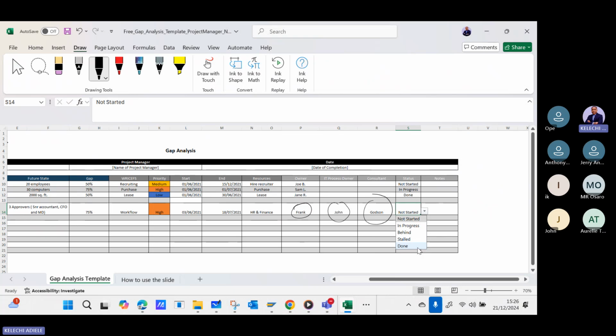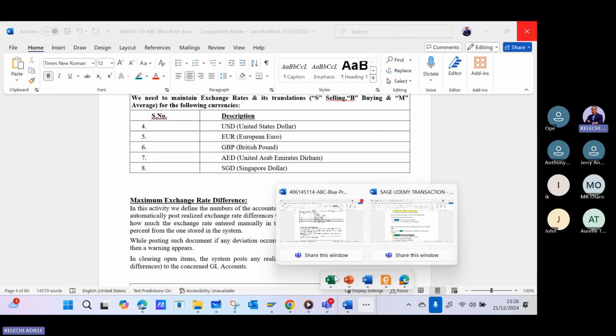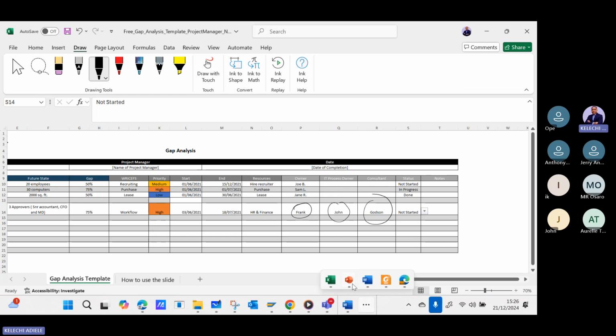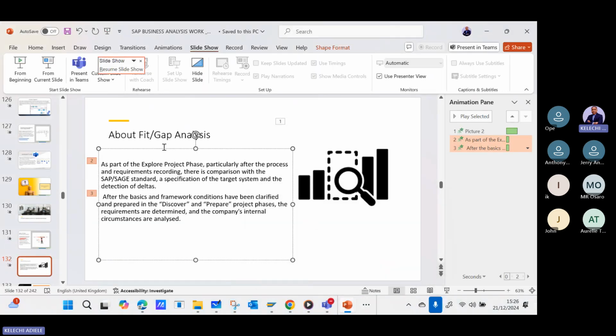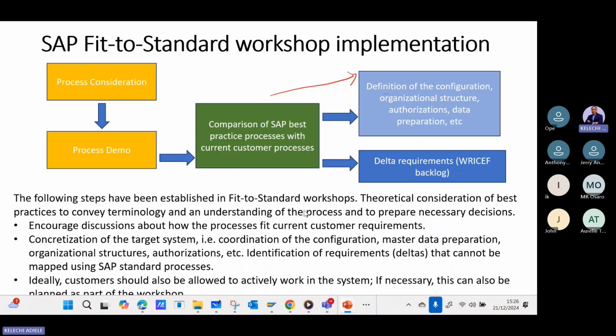The summary of all I've said is that these gaps are blockers. And for you to close them, you need to apply what we call RISEFs. Those gaps can fall within forms. They can be gaps for forms. They can be gaps for workflows. They can be gaps for process. I've said that, and this is the process you go through basically. So the ones that are fit, you have to move them. Of course, those will be documented. Then the ones that are gaps have to be handled, analyzed,